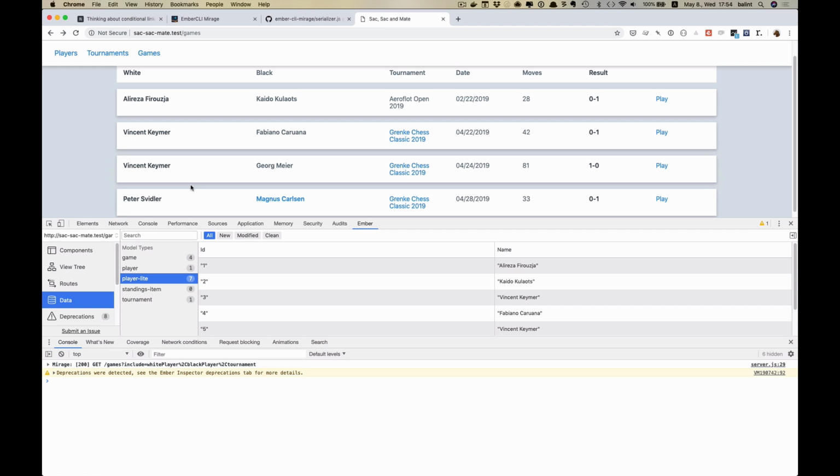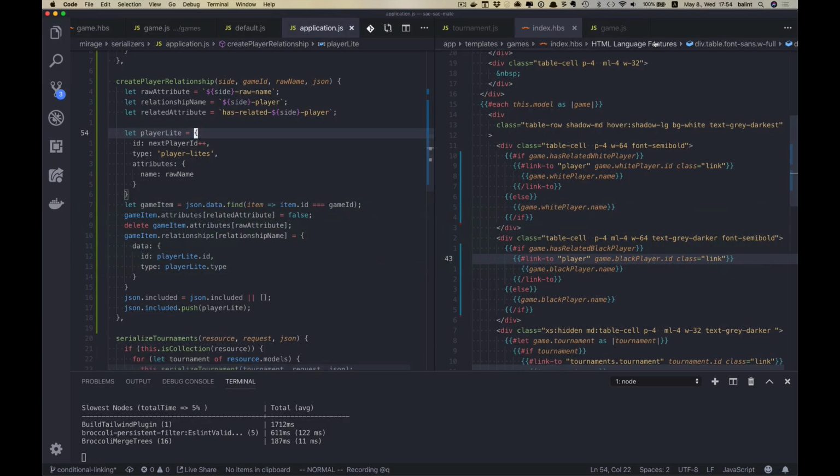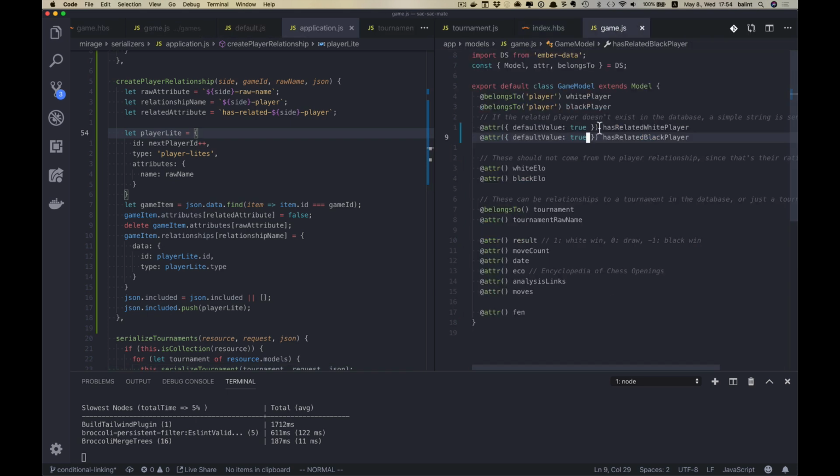Now those raw attributes are gone, and we just send these from the server: has related white player and black player. So we have one more of those conditional links, which is the tournament, but that should be very similar to how we did it before. So I think that wraps up this